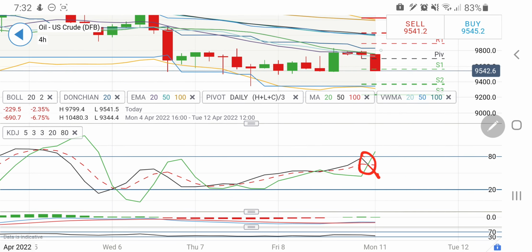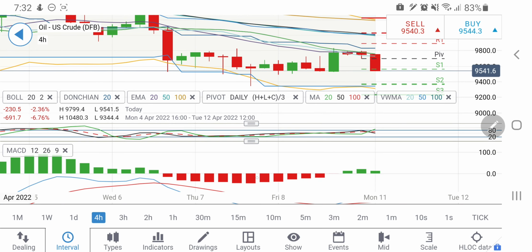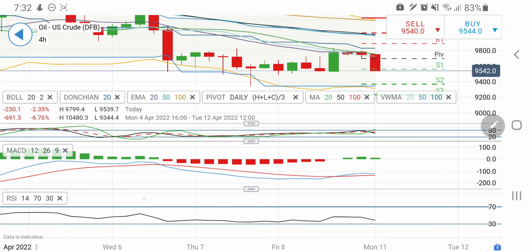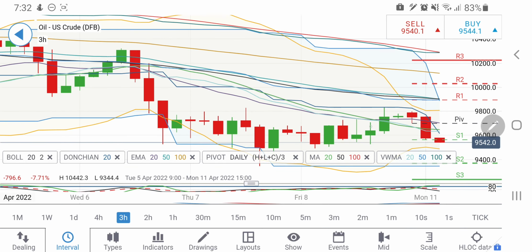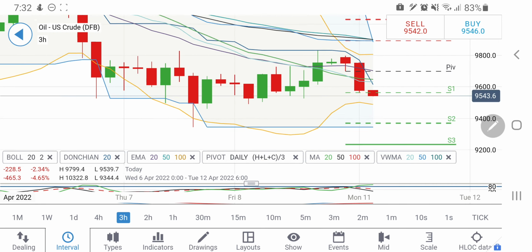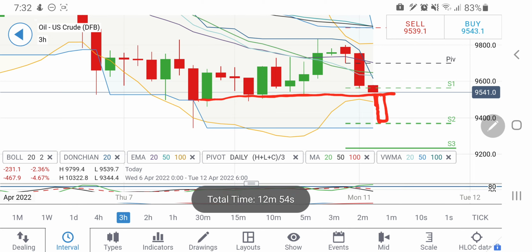See, the stochastic is correcting sharply on the downside here. MACD is trying to converge, though it has just started to move in green. RSI is looking downward, so I'll be watchful of how it behaves at $95 levels. Looking at the 3-hour chart, the 3-hour candle has just started, and you can see a sharp move here. Breaking 95, yes, I will recommend you to go short. Then one can expect 93.8, and below that it may try to head towards 92.5, $92.2 levels also.